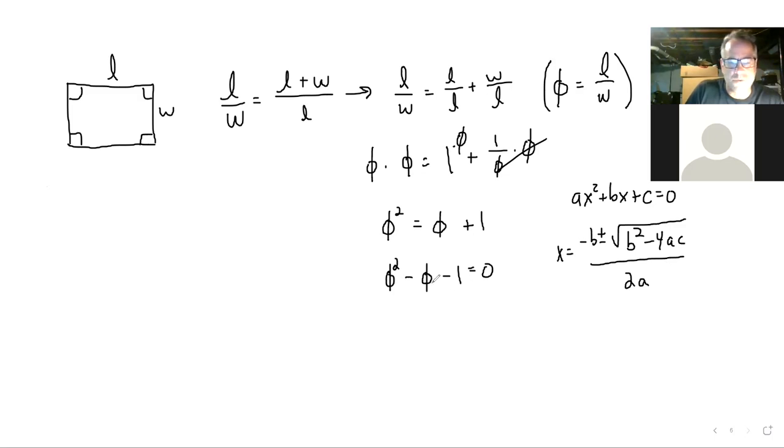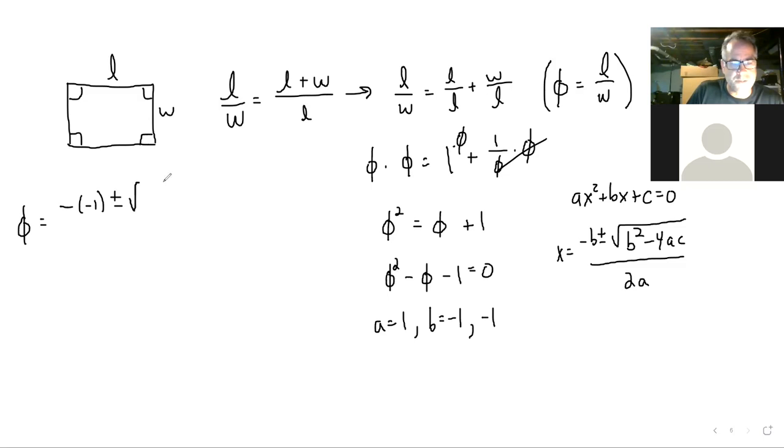Let's solve this quadratic formula. Notice your coefficients this time. Phi is like x, it's the variable. So your a is 1, your b is -1, and your c is -1. We're going to pop these into the formula, so we're solving for the variable phi. Opposite of -1